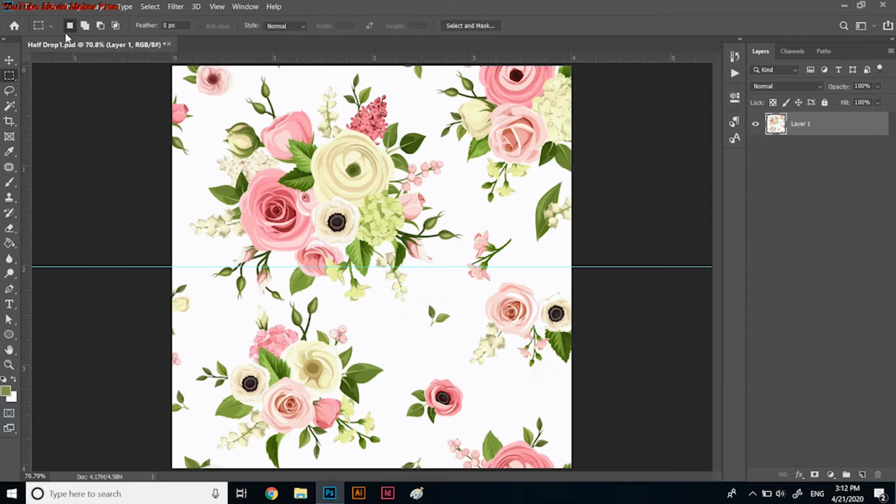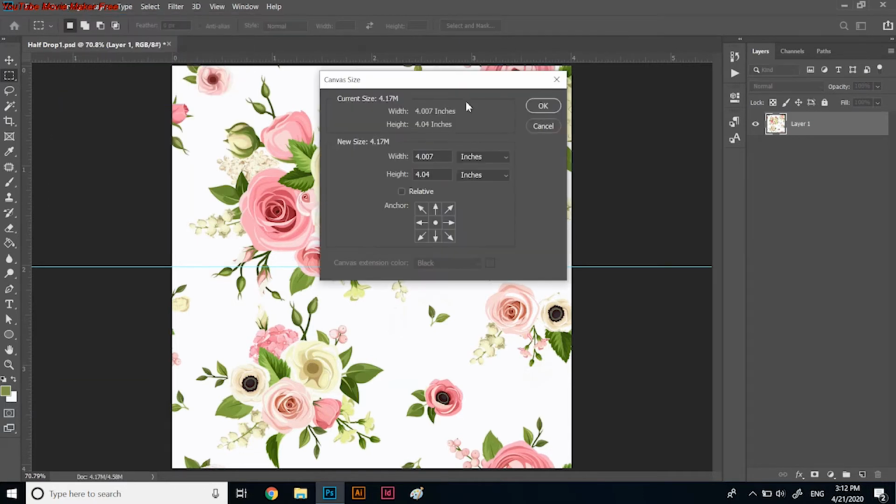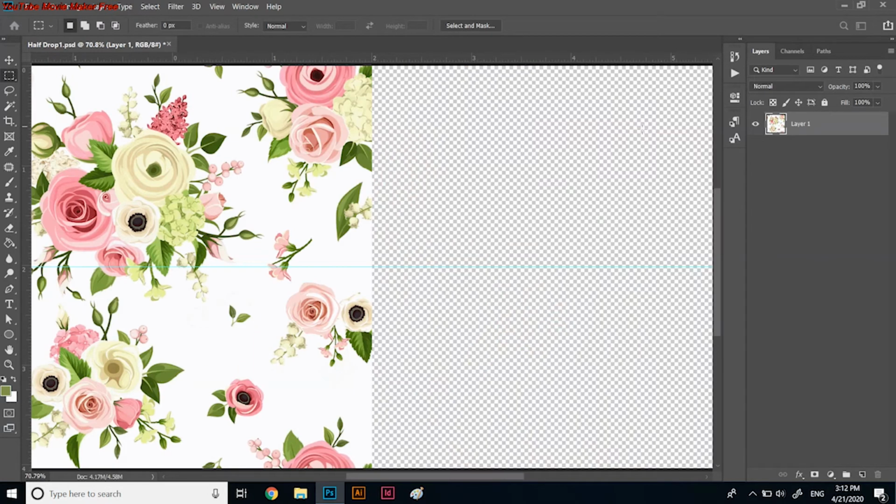Next, you should increase the size of the page. Therefore, go to Edit and select Canvas Size. Then in the window that pops up, change the scale to percent, and change the width from 100% to 200. And make sure the position is selected from the left, not from the center. Press OK. And now go to the Edit